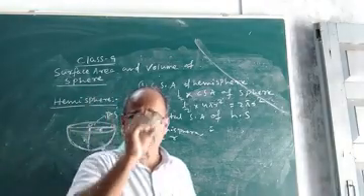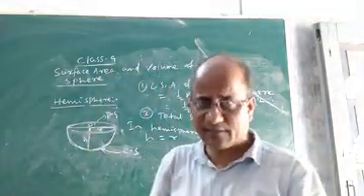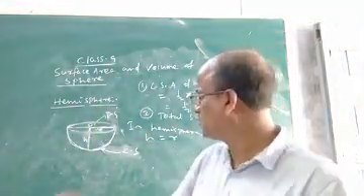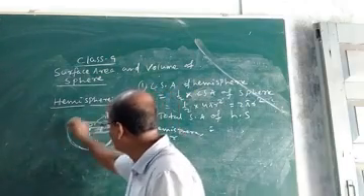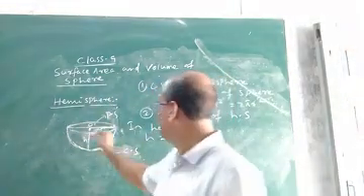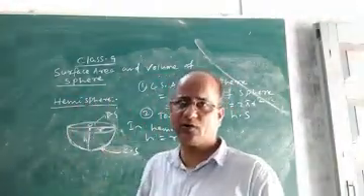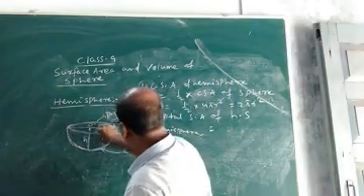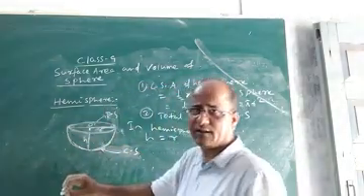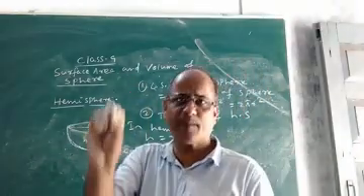If you add the area of the top surface of the hemisphere, which is circular, to the area of the curved surface, that is, if the area of the curved surface is added to the area of this plane end, the top, the circle, then only will we get the total surface area of the hemisphere. So the area of this circular end, as the top is a circle, you know, is pi r square.